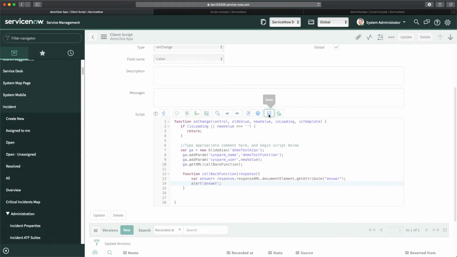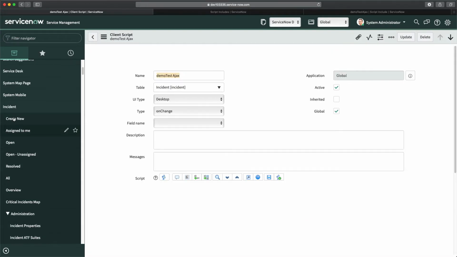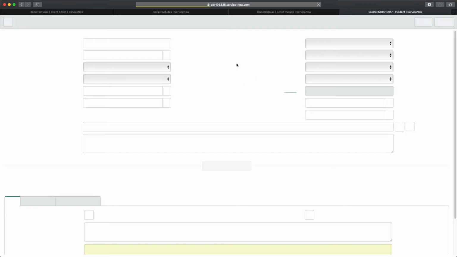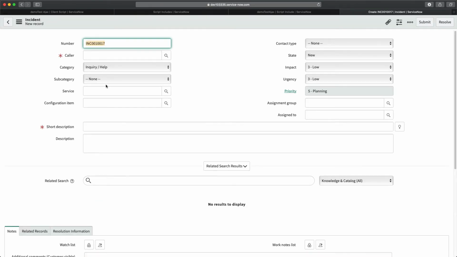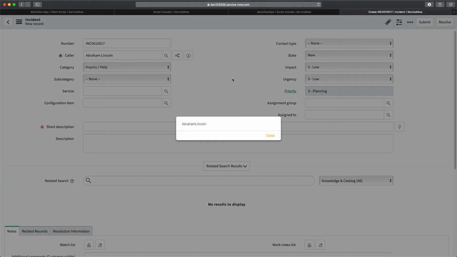So let's save it, and I will click on create new again. I will create a new incident and select a caller. And let's see if I'm getting that value on the client from server. So I will just select here, maybe Abraham Lincoln. Yep, we are getting that. You can see there's no space because you have not mentioned that space, but overall you are getting server value